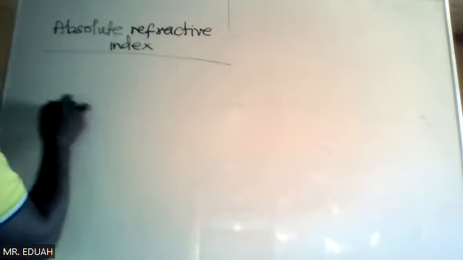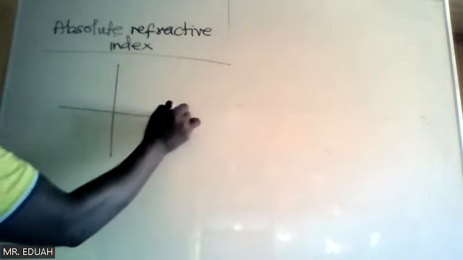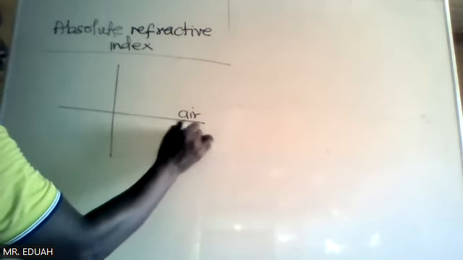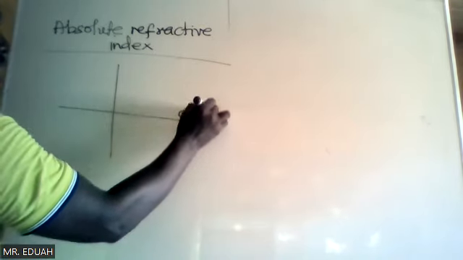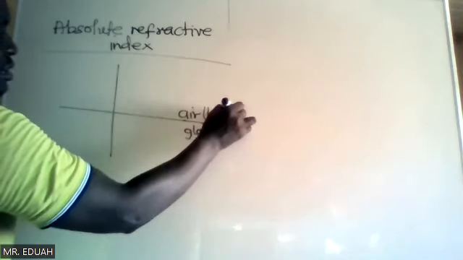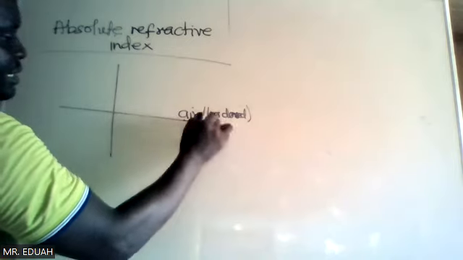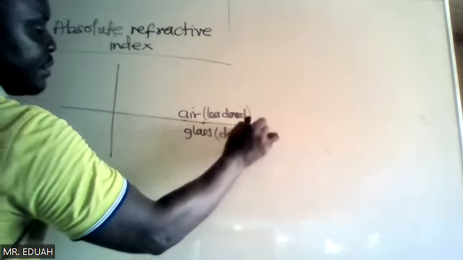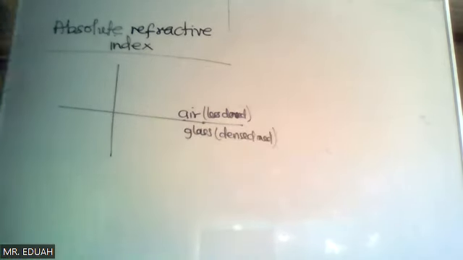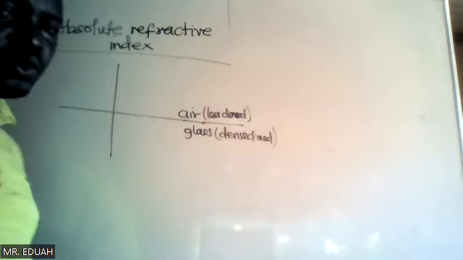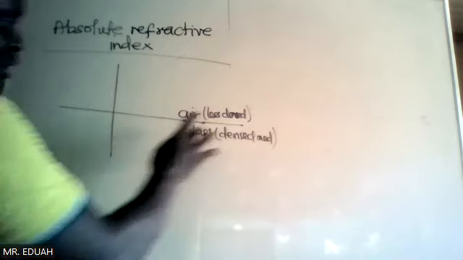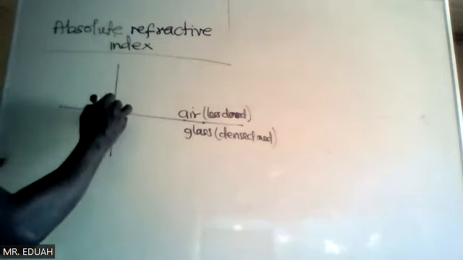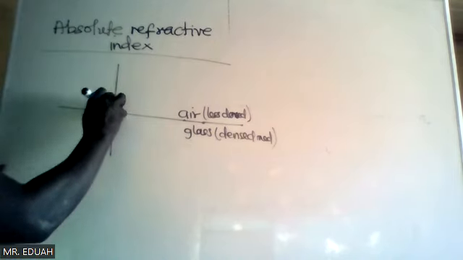So whenever light is moving from air to glass, so we are looking at less dense medium as against dense medium. Please, when you see a less dense medium, we are also referring to rare medium. A rare medium is a less dense medium. So if the light is moving from air to glass,